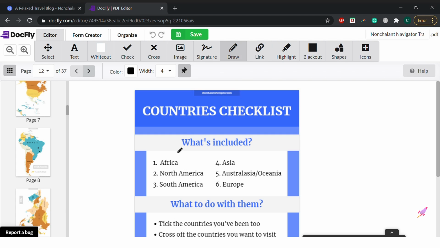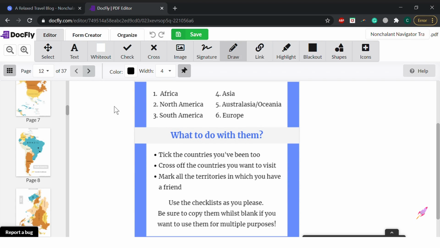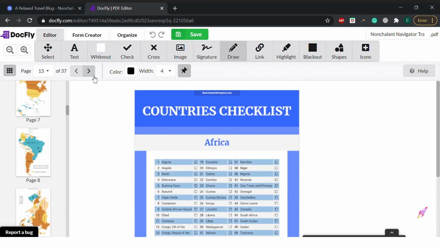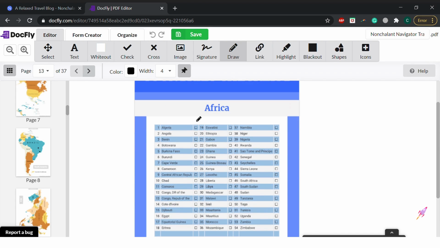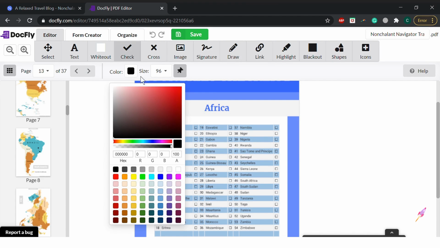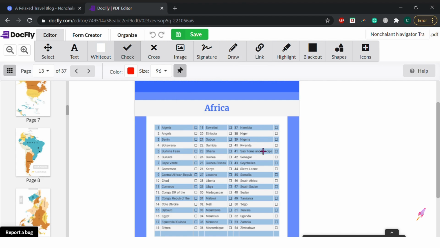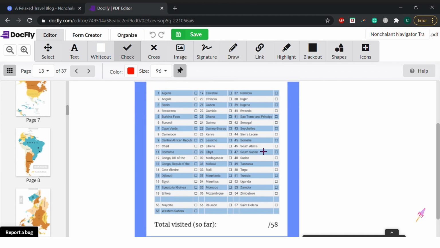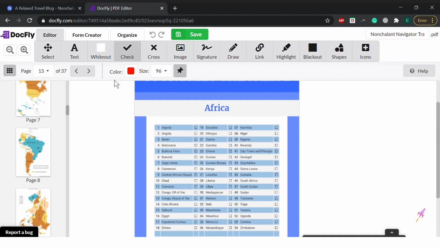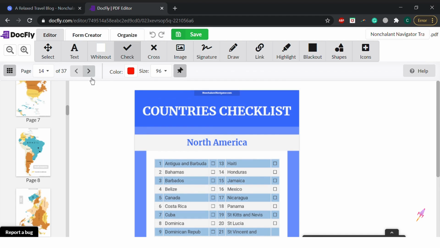Moving on to the countries checklist. As with this entire trip planner and journal, it's really up to you. You can use all the pages, you can only use some of the pages, just use the journal if you please, but these pages are here for you to use. With all these images and text, you can of course change the color, using something that you can see with this blue and white background. But with these countries checklists,